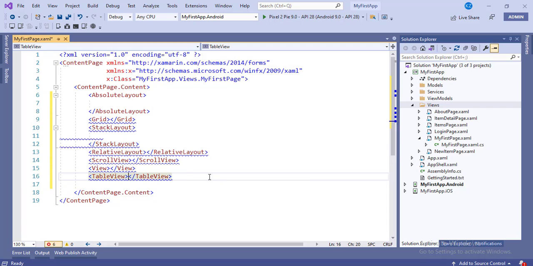So there are seven layouts which we can use to hold multiple controls,